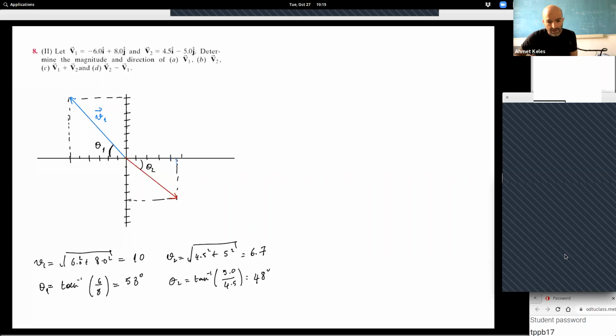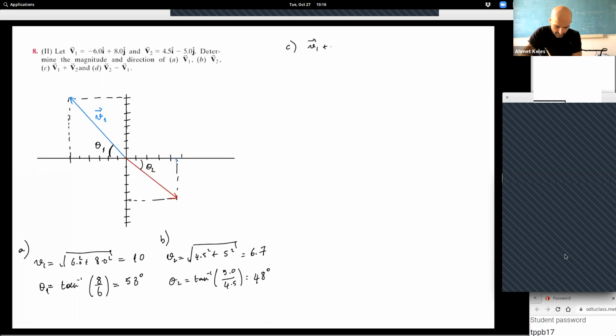You can see it from the geometry. Isn't it 8/6? Thank you. This is 8/6. Let me calculate this again. 8/6 and tangent to the, yeah. I think somehow I did the right thing with the calculator, but the wrong thing with the writing. That happens. So that's A. That's B. So C.